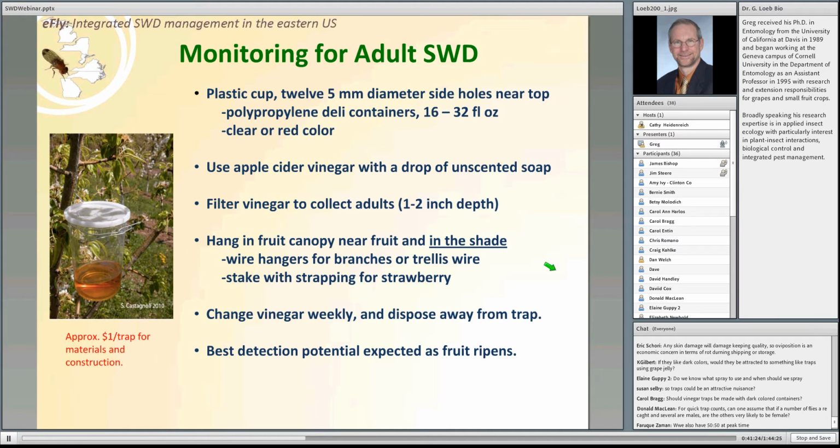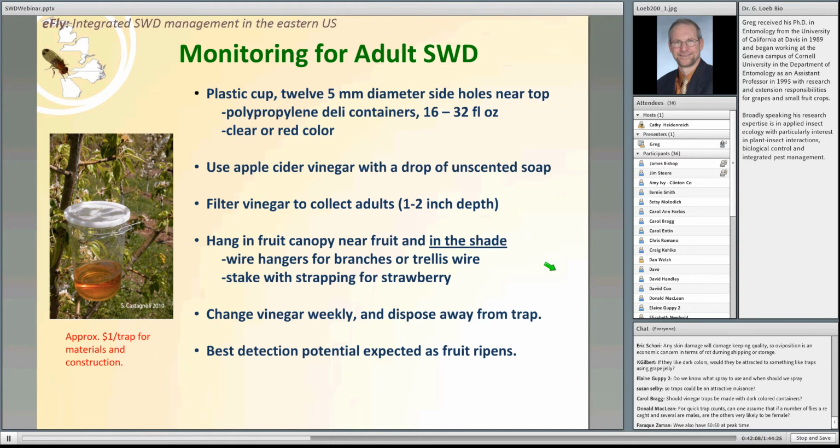Researchers have been trying a number of different approaches. What seems to be a consensus approach that works pretty well is using a cup trap. It can vary in size. We've been using 32 fluid ounce deli cups made out of polypropylene, which is a pretty strong, flexible material that lasts a long time. We've been using clear and being successful, although as I mentioned earlier, darker colors, red colors, may be a little bit better. We use 32 ounces. I think that's overkill. The lures that we've been using so far have been apple cider vinegar, a couple inches of that,